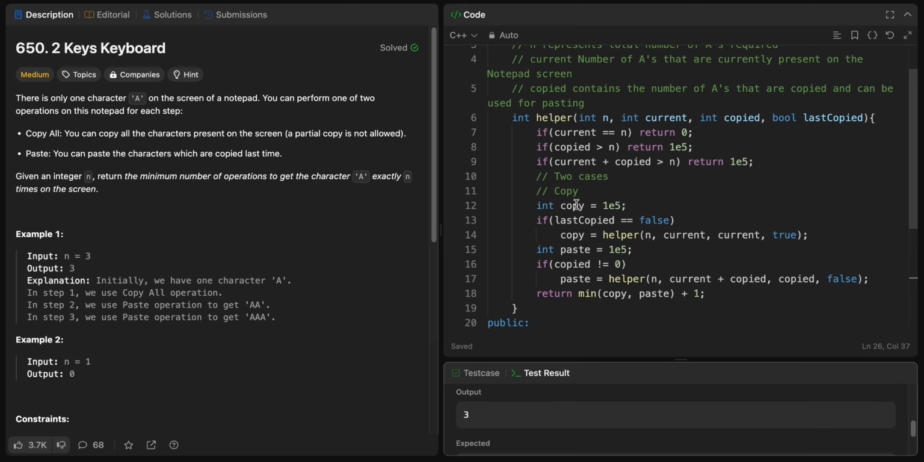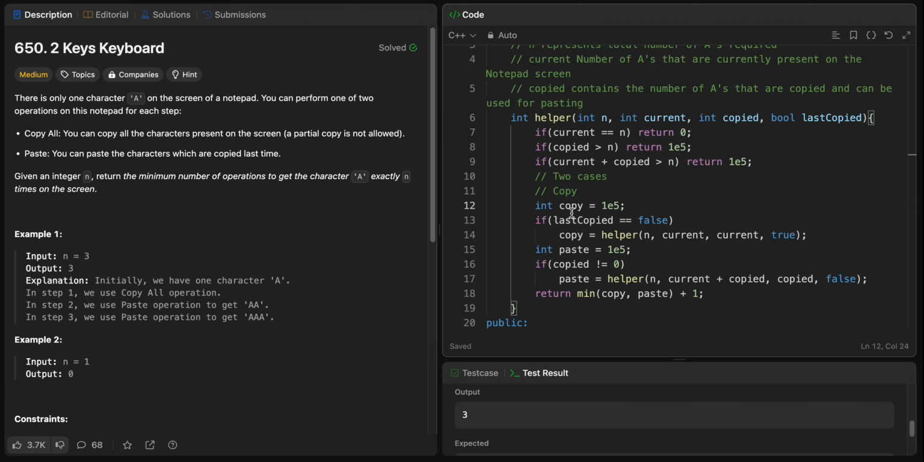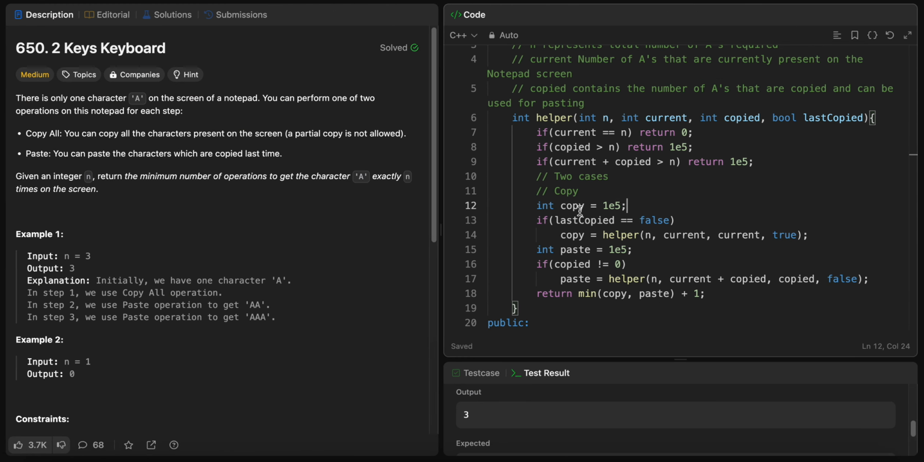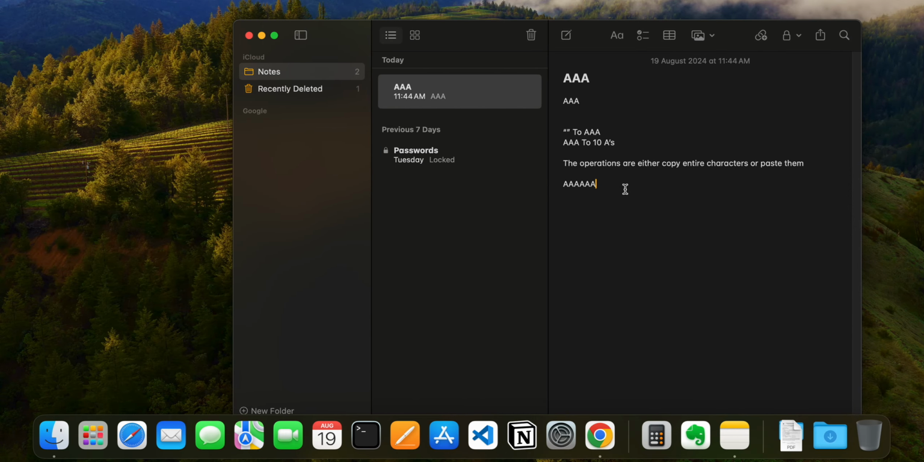So I do have two operations. One is either copy or paste. So for copying, I'm specifying that here if my current characters are A, and I need in total 50 A's to be coming, my copy I'm initializing with 1e5. The reason being, in either of the cases, I have two operations. First I'll copy or I'll paste. Similarly, after this copying, I'll copy or I'll paste. For the next paste as well,